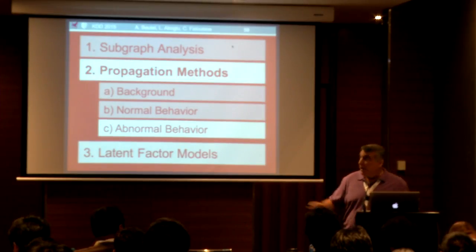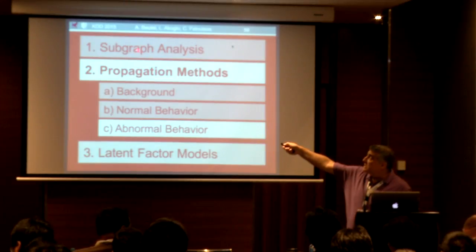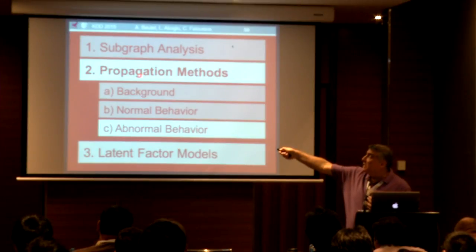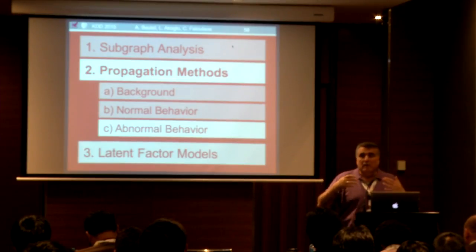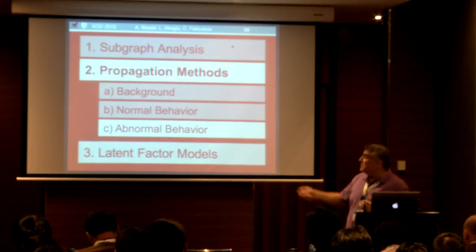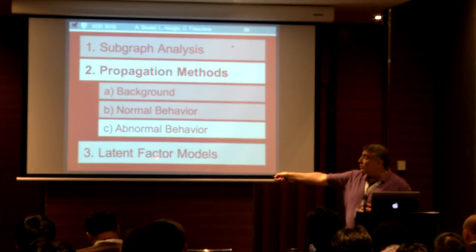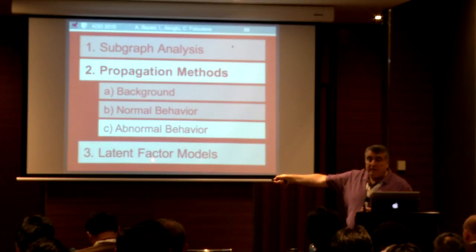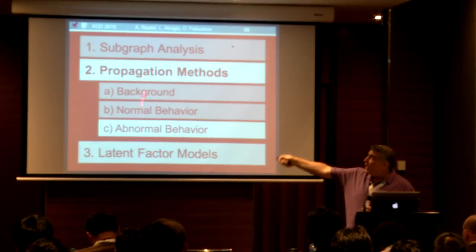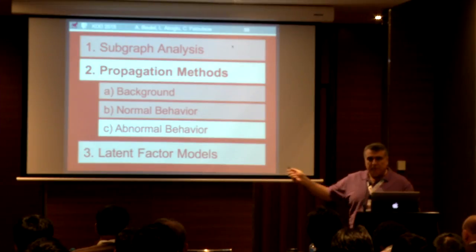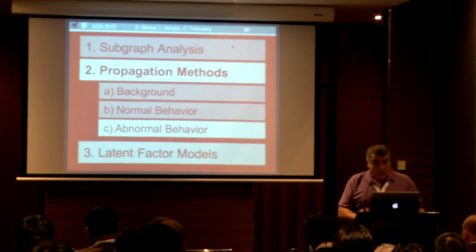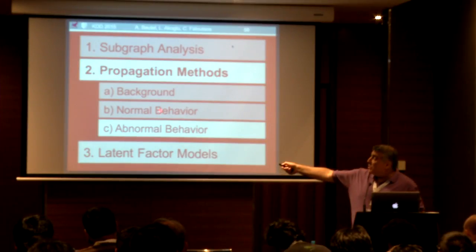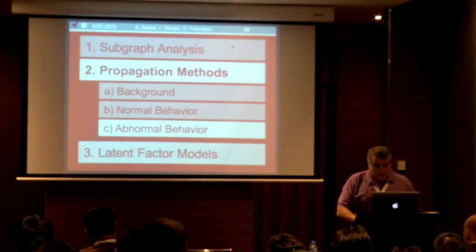So we mentioned that there are three parts of the tutorial. The first is algorithms that operate locally on subgraphs, and that's what Leman presented. We started talking about global methods which use propagation. If I am conservative, my friends are probably conservative, right? And later, Alex will talk about global methods that use matrix factorization. There are a lot of connections between all three parts, but we broke the methods down into these three groups for easier presentation. So we saw that belief propagation can help us spot normal behavior and can help us